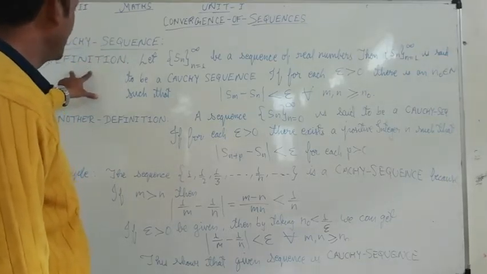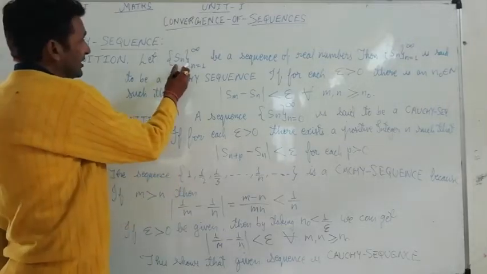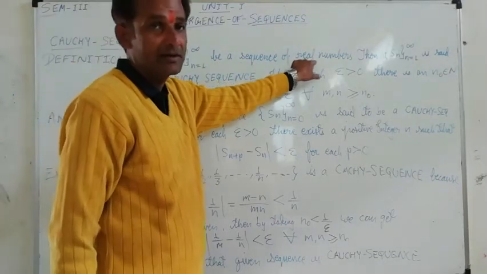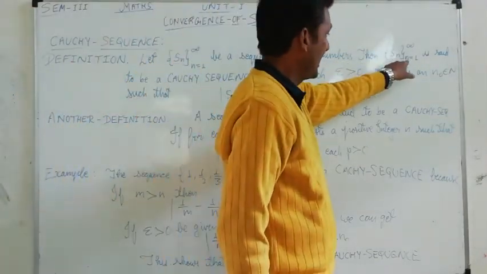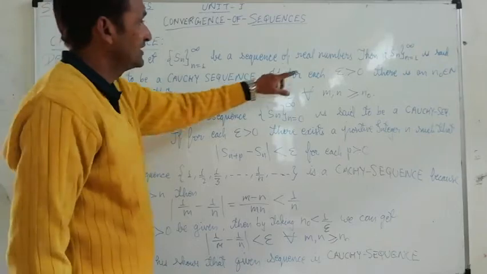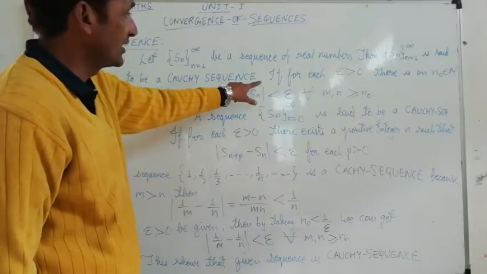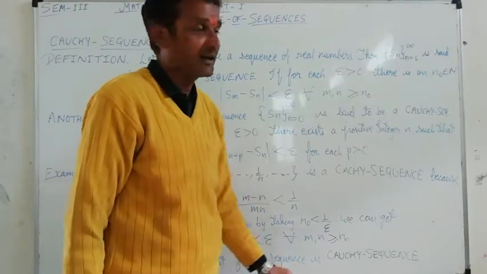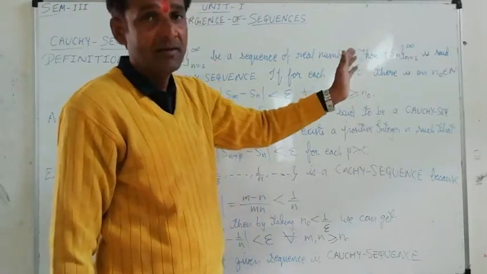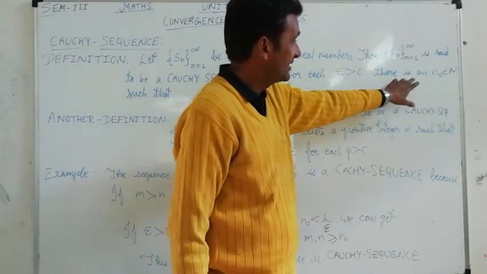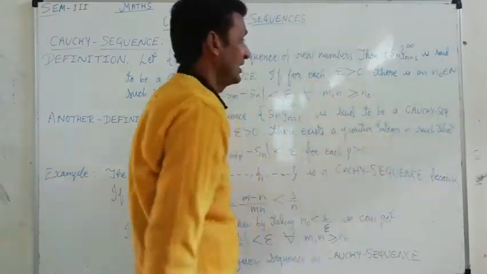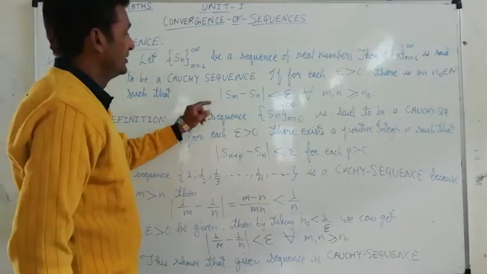Cauchy sequence, its definition: let {Sn}, n from 1 to infinity, be a sequence of real numbers. Then {Sn} is said to be a Cauchy sequence if for each epsilon greater than 0, this is the epsilon sign, meaning any positive value greater than 0, there is an n0, one particular value n0, which is an element of the natural numbers N, such that mod of Sm